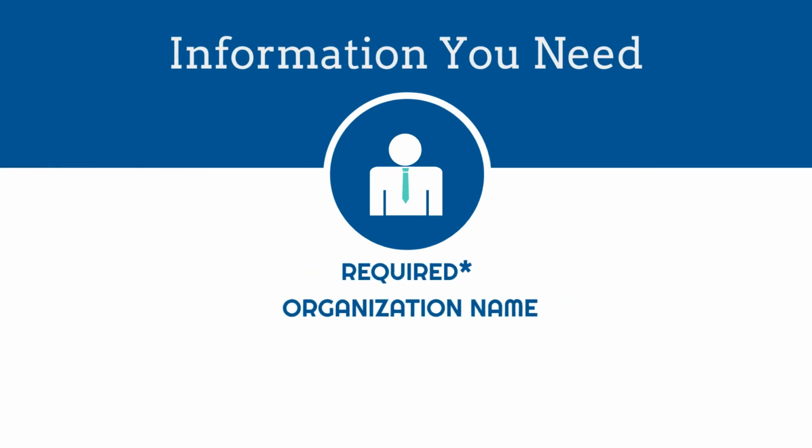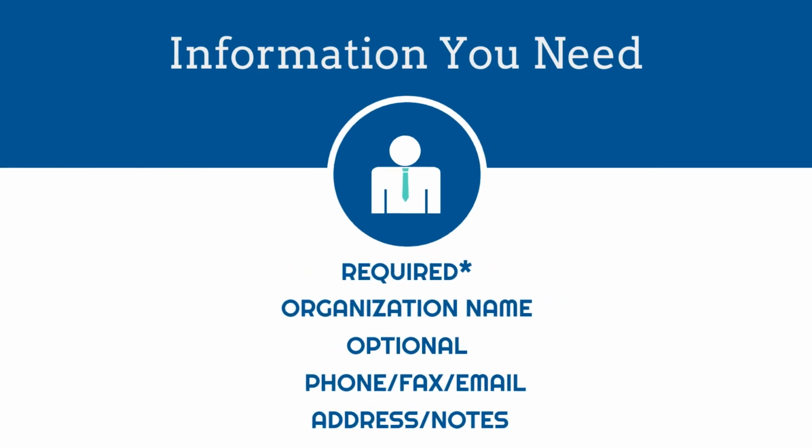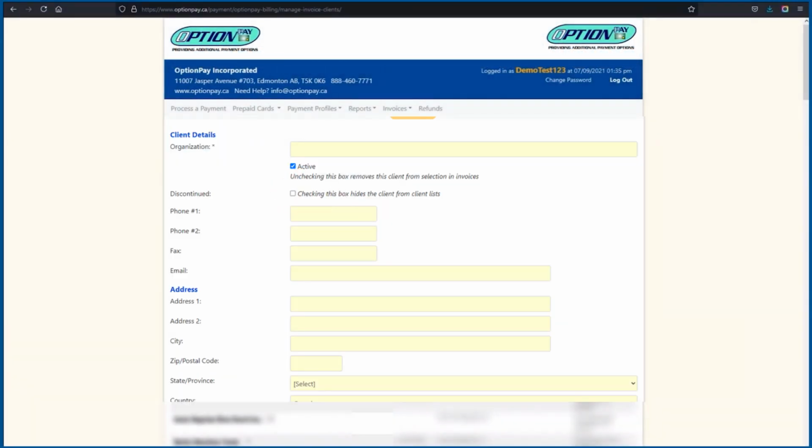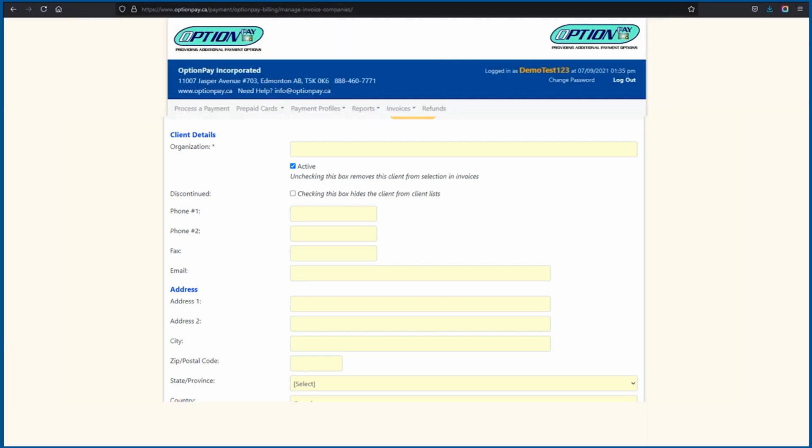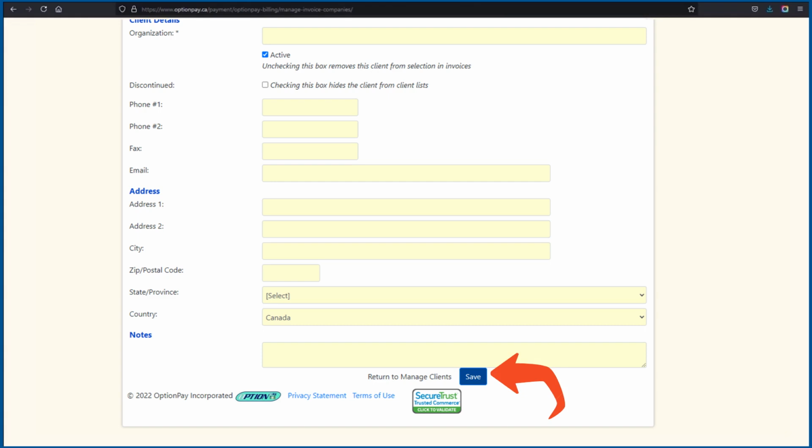The only required field in this form is the organization field, which is marked with an asterisk. Note that although the active checkbox is not required to create the client profile, this is required to be able to select the client from selection when creating and sending the invoice. When you have entered and completed the desired fields, scroll to the bottom of the page and click the Save button. To go back to the previous page without saving the client profile, click on the Return to Manage Clients